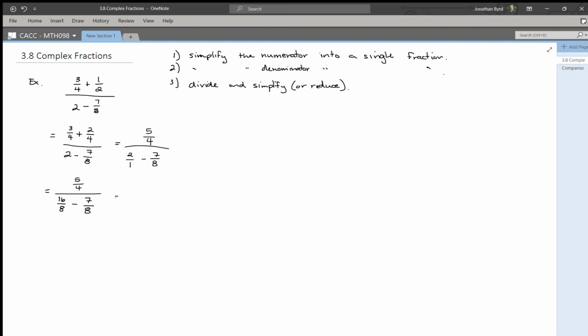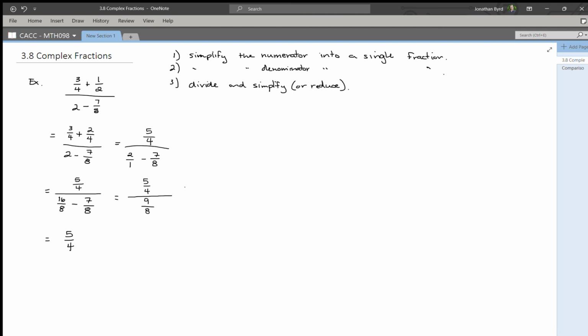So then to perform that subtraction, same as addition with fractions, if I'm performing subtraction, I keep the denominator and I do the subtraction in the numerator. So 16 minus 7 is 9. So I have 9/8 in the bottom and I have 5/4 in the top. And now I'm at a point where I have completed steps 1 and 2. So really I'm at the point where I'm dividing, and this is where we have to recognize that when I have 5/4 over 9/8,